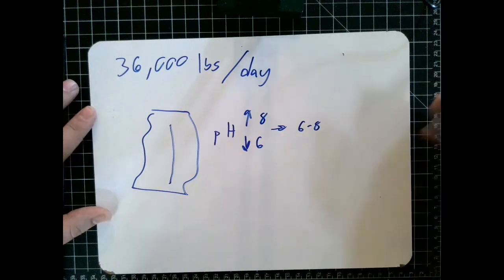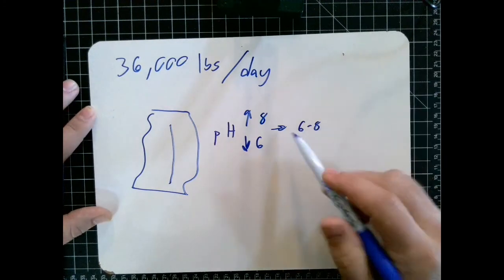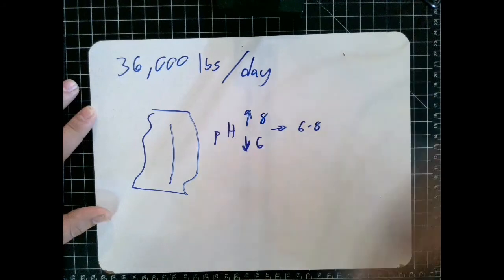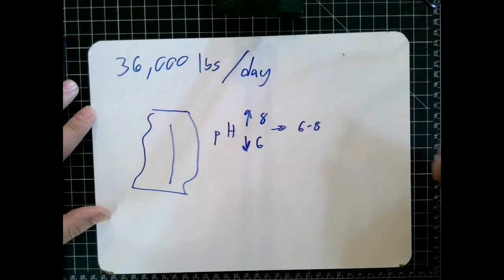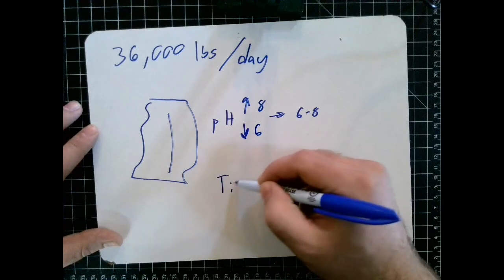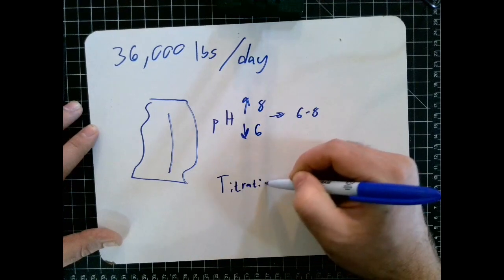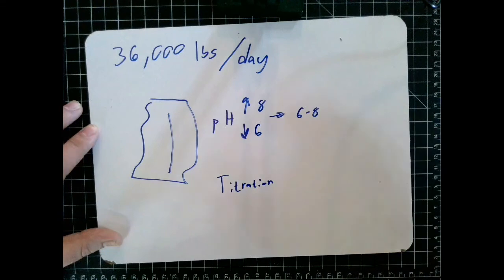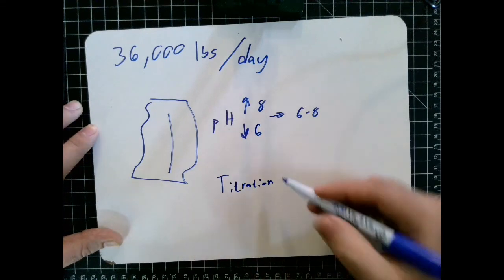We need a way to test inside the cycle where our pH is at. So we need to be able to take the water and actually test it. And that process is called titration. This is an extremely common thing that needs to be done in a lab setting, in industry. A titration is a method